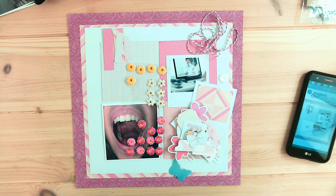Anyway, I think what I'm going to do is kind of speed it up and put it all together and do a voiceover, so that this isn't too terribly long, and get this posted before National Scrapbook Day, because I certainly want to encourage everyone to find your favorite